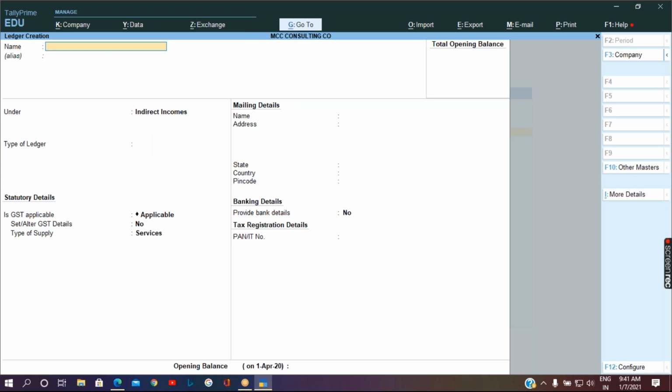So Janvi says HDFC Bank. Shobika, HDFC. Still, I'm expecting the people to get good. Chandana is HDFC. Tanya, HDFC.